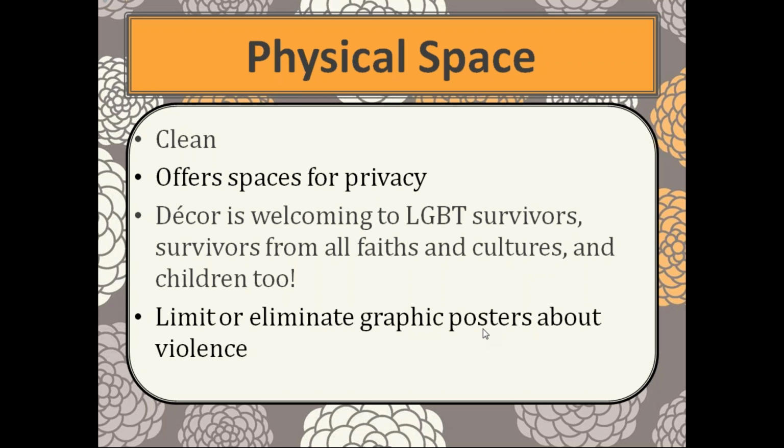And last but not least, limit or eliminate altogether graphic posters about violence. And in this case, I'm talking about not only within shelter, although that is incredibly important. We've all seen those awareness-raising posters that show a woman with a black eye, or someone who's all bruised up, or someone curled up crying, with slogans like abuse can happen here, or it can happen to anyone, or it's on us to end it. Those posters, first of all, have no place within a shelter